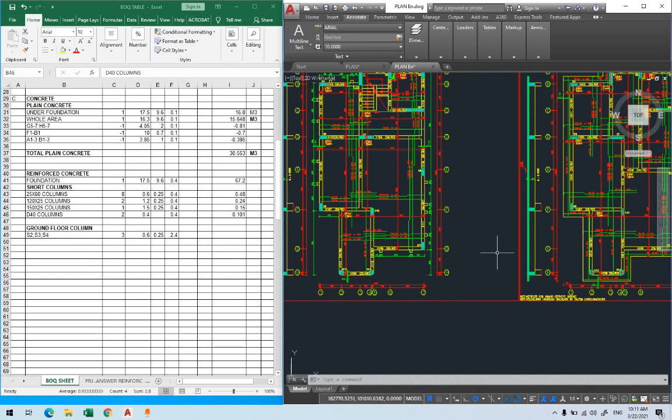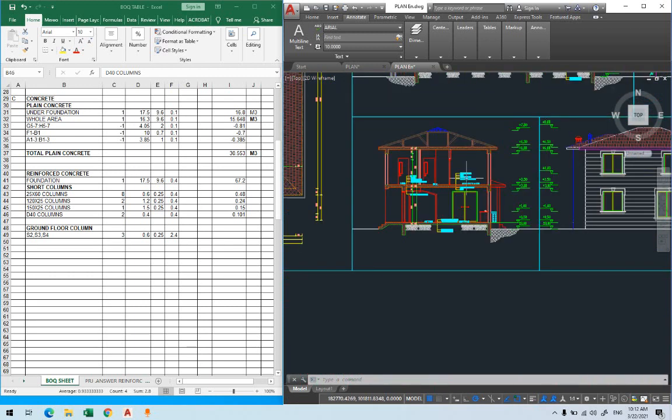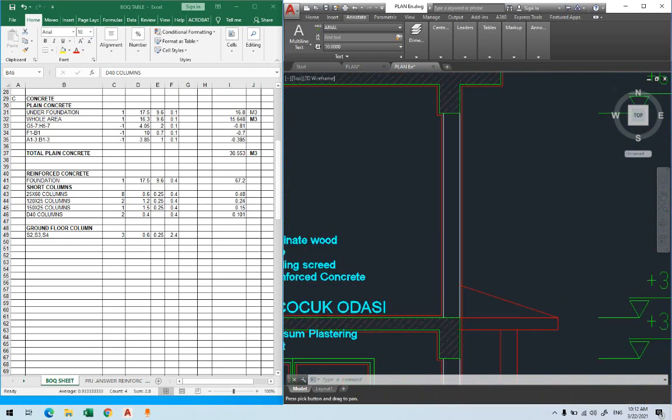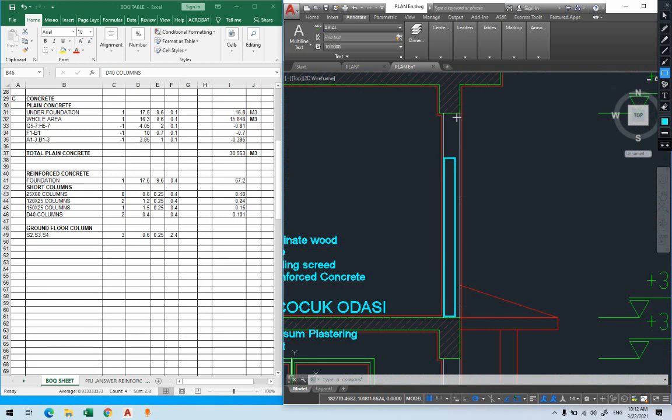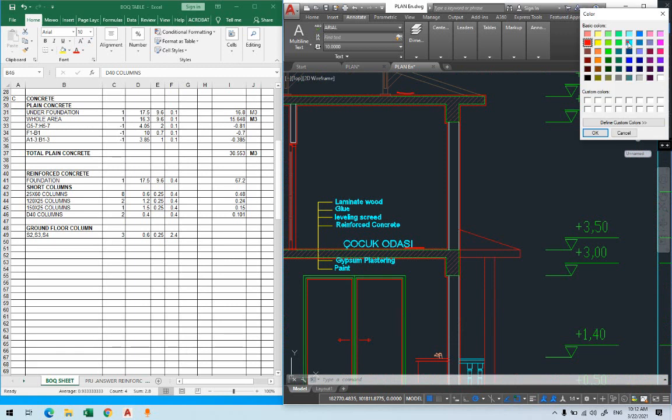So this is how we're calculating the reinforced concrete for columns. What we said, the dimension, we're taking it, and in order to calculate the height, what do we need to know? We need to know from the section that we're calculating the height of the columns from where? From the top of the slab to the bottom of the beam. Even for the second story it is the same manner, from the top of the slab to the bottom of the beam. Since we know this, we said what do we need in order to calculate this height easier? We said we need a dimension from the top of the slab to the top of the slab. From top slab to top slab, it's easier for our calculation,